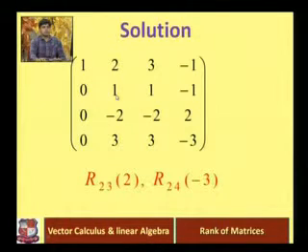We still observe that here the elements are minus 2 and 3, but we need 0 there. For that we operate on the second row by multiplying by 2 and